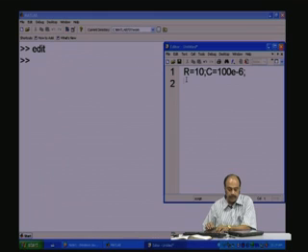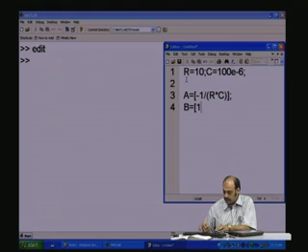So, R and C are given, and now I will define the A, B, C, D matrices in terms of the parameters, of course. So, now we have the A matrix, which is given by minus 1 by R into C matrix close, and the B matrix equals 1 by R into C matrix close,